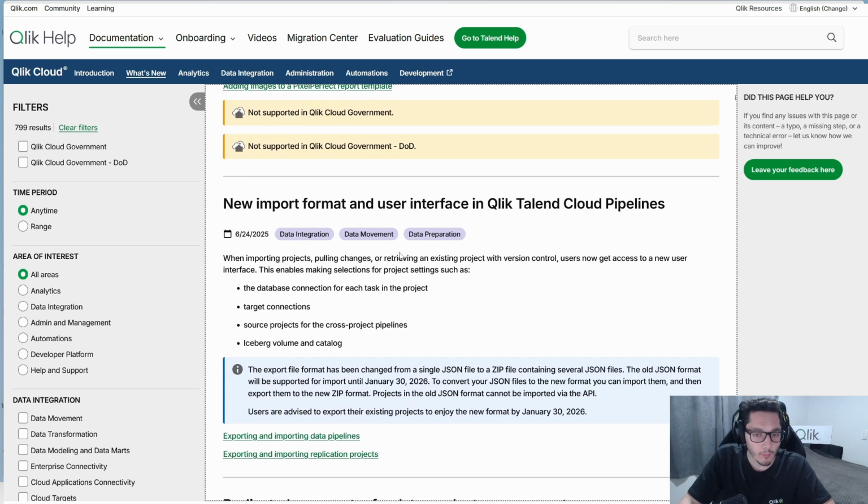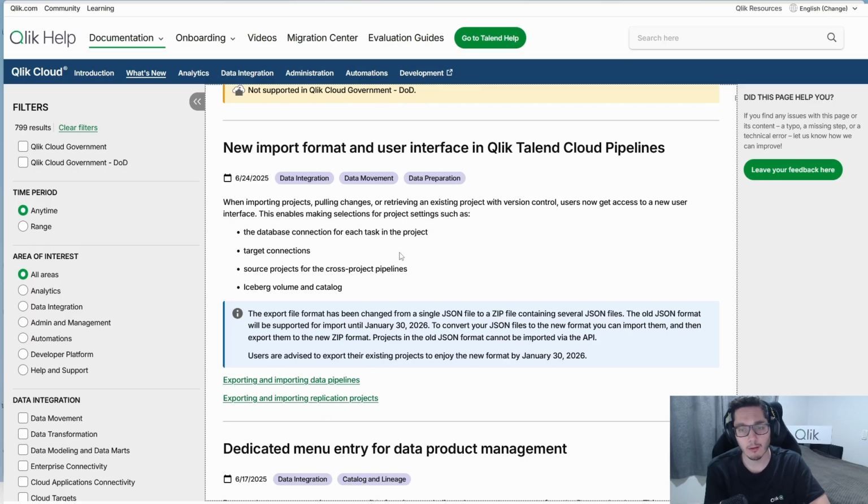And finally, we have some Qlik Talend Cloud pipeline updates, which basically include the possibility to load a zip file with multiple JSON files instead of only one. This is very helpful actually for big projects on Talend, so you don't have to include a single JSON file